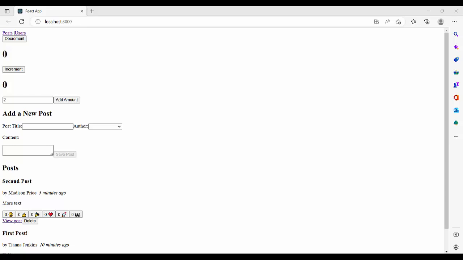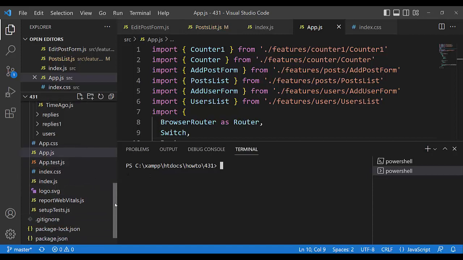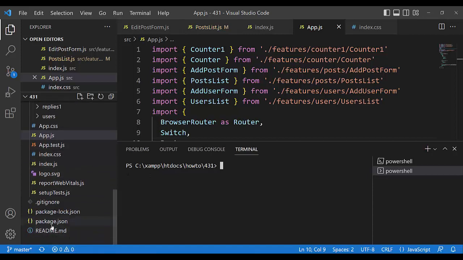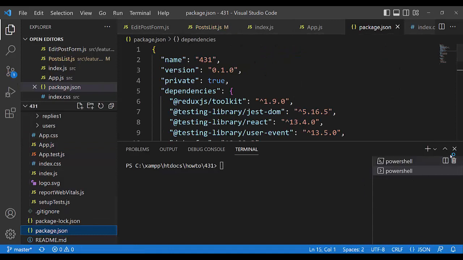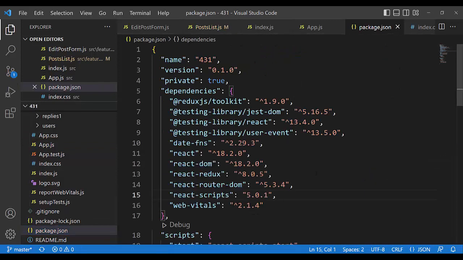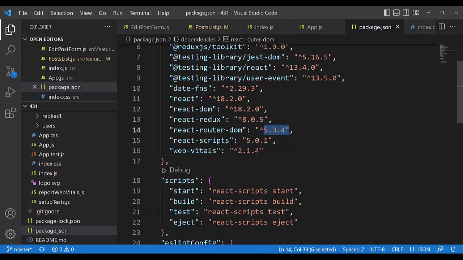431. Here it is, and in that application we have the router 5 package, just router 5. Here it is, React Router DOM. It is this version, and I must go and take a little look at router 6. But at first, this is